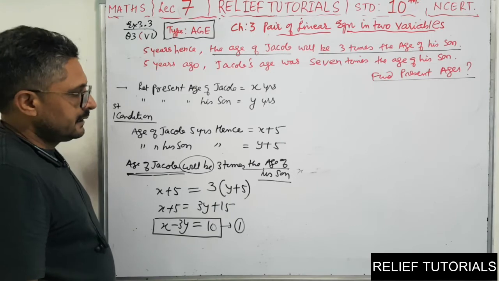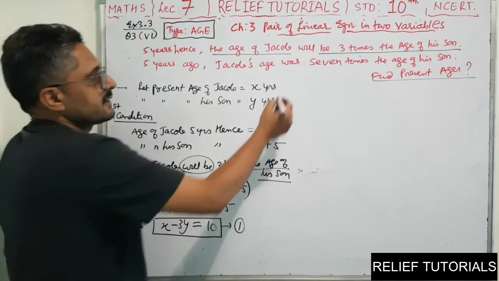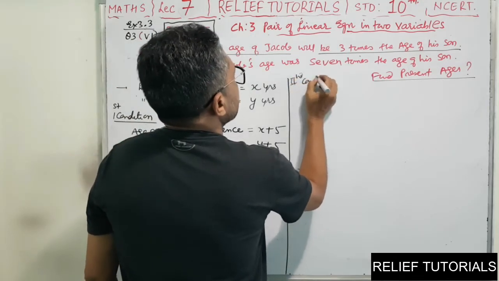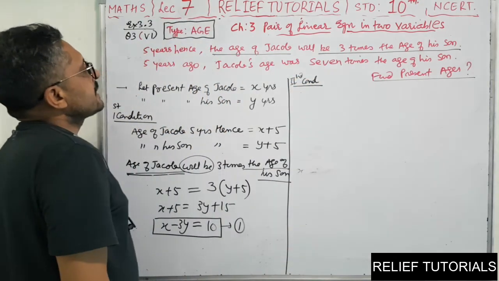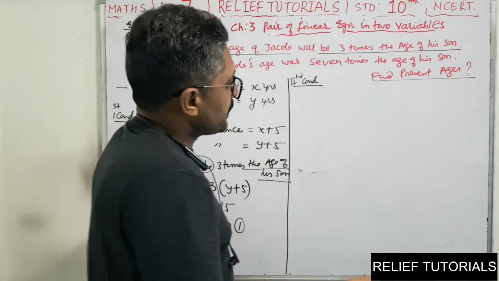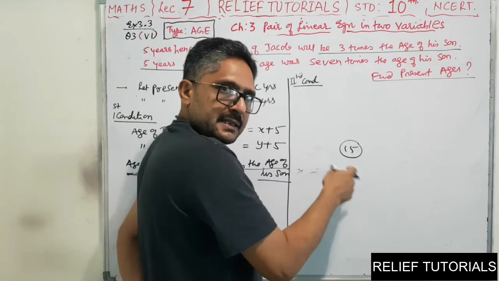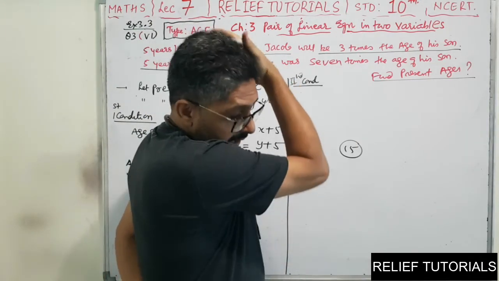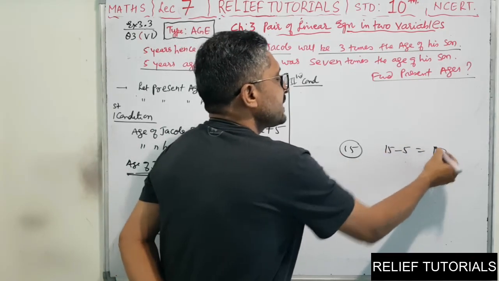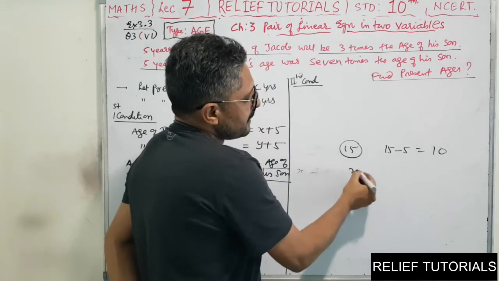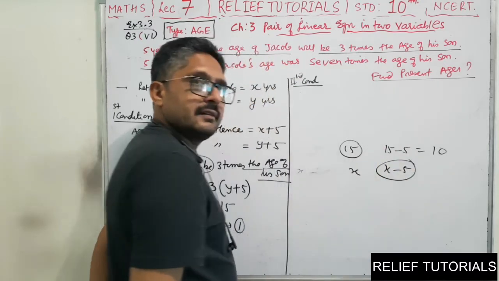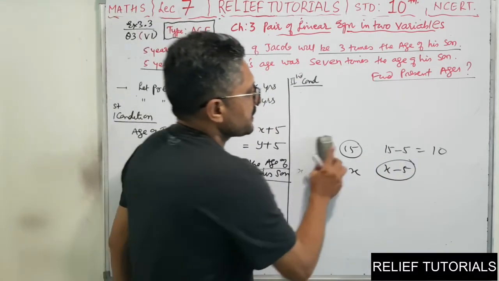Have you got it? Now similarly, you will find second condition. Now second condition is talking about 5 years ago. Means 5 years ago, before. See, for example, now your age is 15 years. Present age. What would be your age 5 years ago? 5 साल पहले आपकी क्या एज थी? तो 15 में से 5 निकाल दो. So that is 10. Now your present age is suppose x. So what will be your age 5 years ago? So x minus 5. That's all. Subtract 5 from your present age.